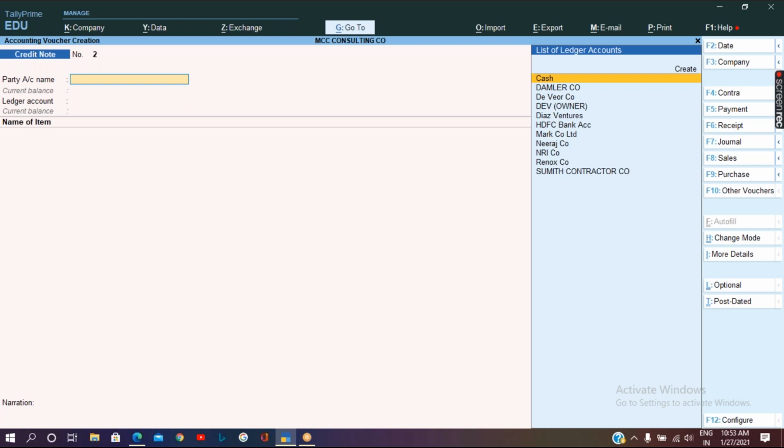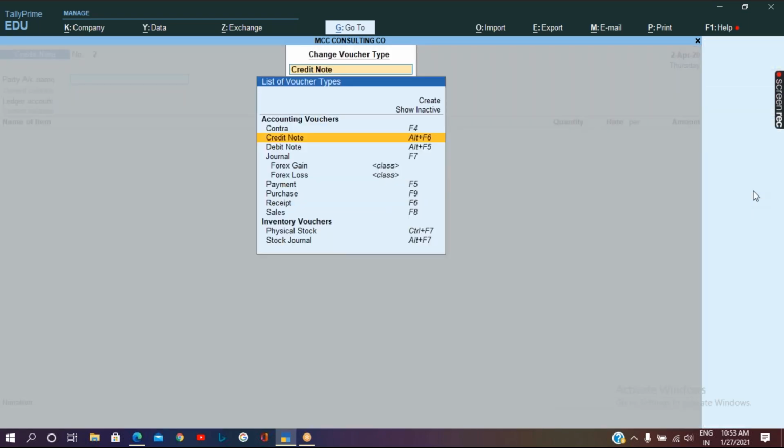Journal, actually we use it to adjust the accounting ledgers. Journal is a pure accounting voucher, which will be used only for the adjustment of the accounting ledgers, whereas here the adjustment has to be done with inventory. Very good try, Sanyojna. So let's go to the other vouchers option, F10.